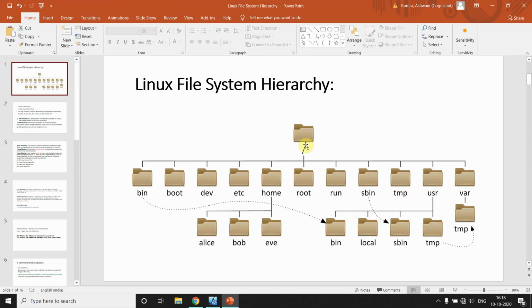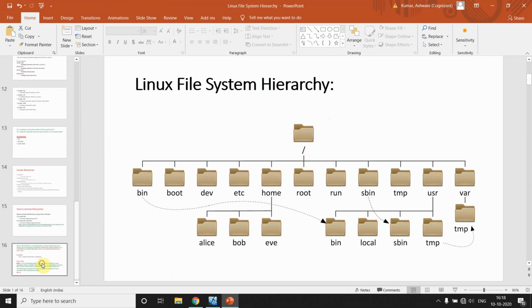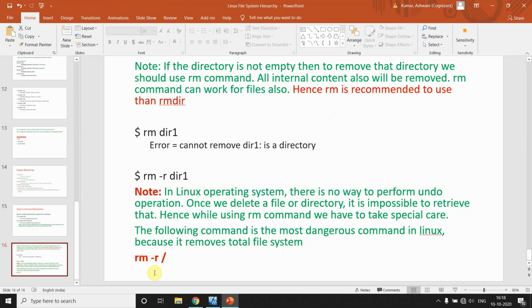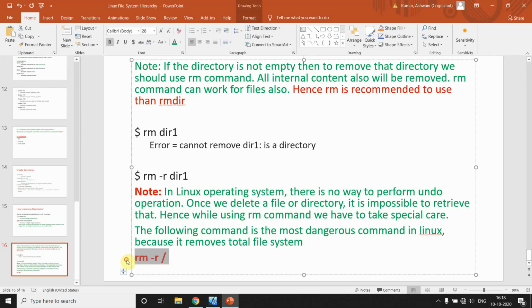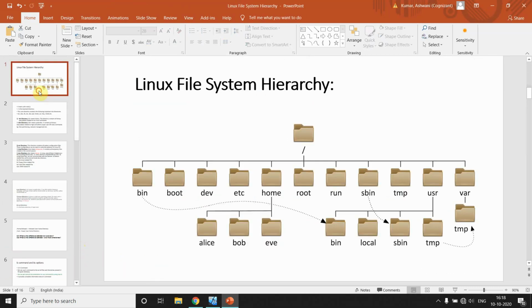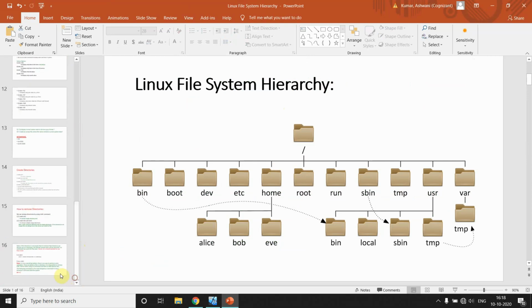This is the root directory for all of these. So if you once run this command rm -r with this, you know what will happen? The whole file system will be removed and you will not be able to use your operating system. So this is the most dangerous command.